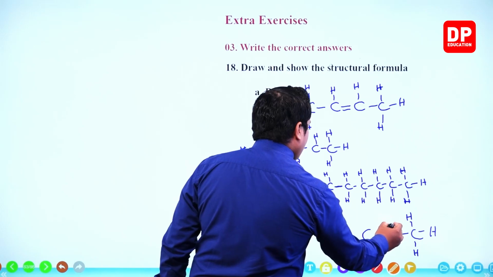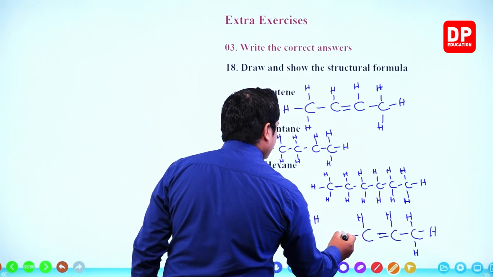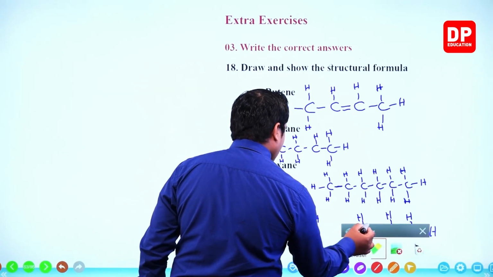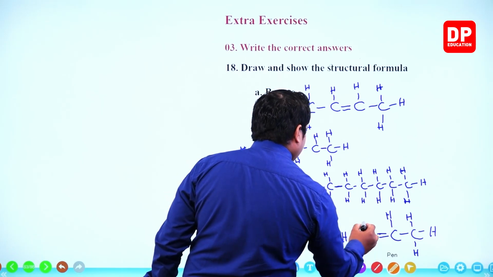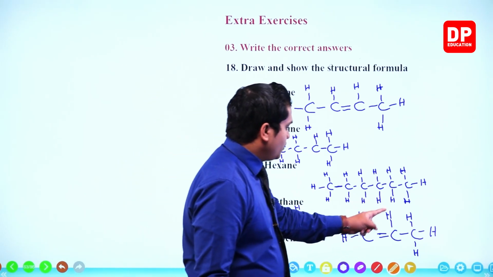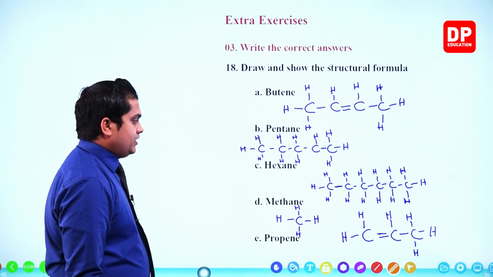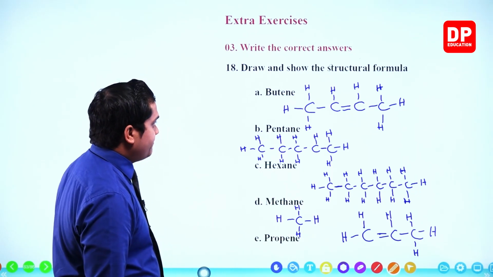Then 1, 2, 3. Only 1. Then over here again 2. So 1, 2, 3, 4, 5, 6. Propene. So these are the structures for each and every